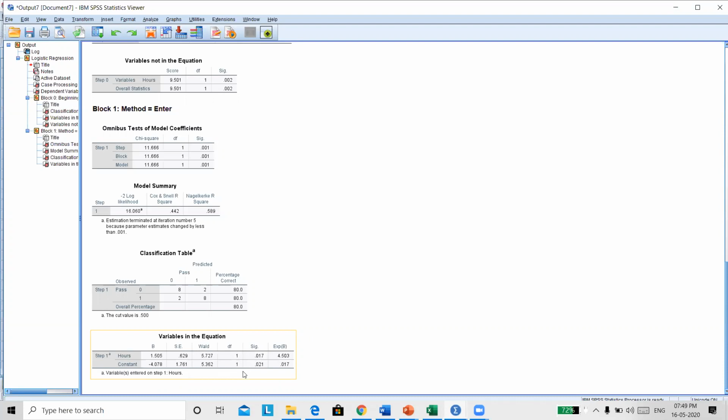Hours has a significance of 0.017 and constant has a significance of 0.021. So if you set the significance level of your model or your hypothesis as 0.05, then you will accept that this model is a valid model, right?